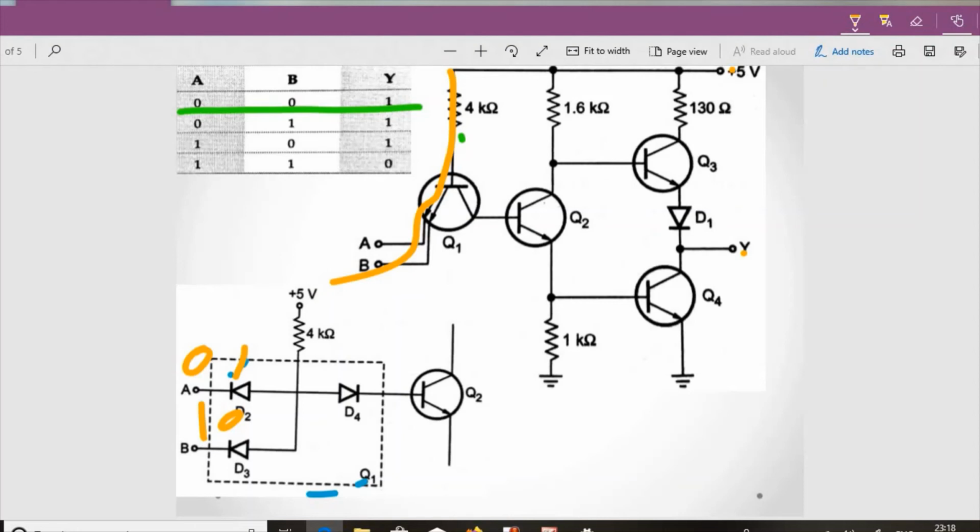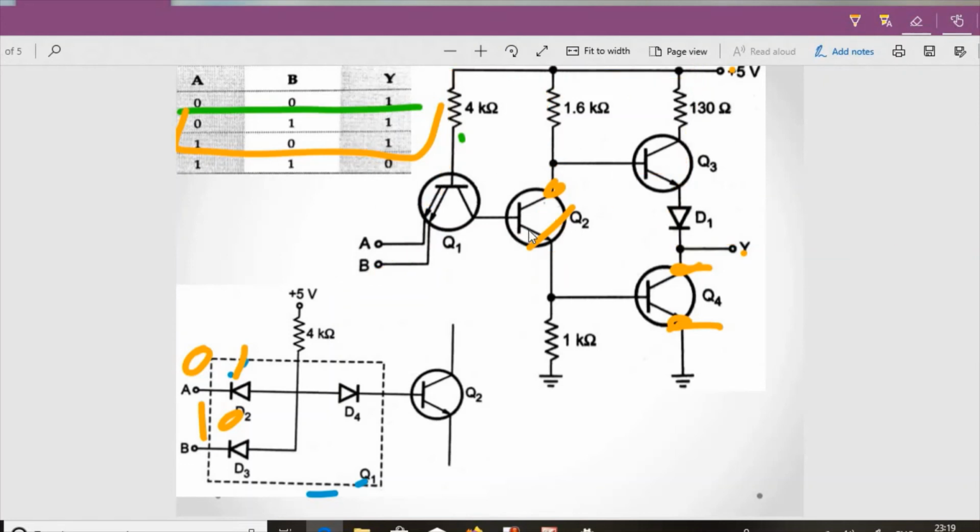So as all the current is draining out here, this is not working, so it is open circuit, this is open circuit, this is open circuit, and the same voltage is available here. Why? Because this Q4 is an open circuit. Again the voltage is given to Q3 and it gets conducted. So in both cases you are getting the output 1, that is nothing but your 5 volt as the potential difference here.